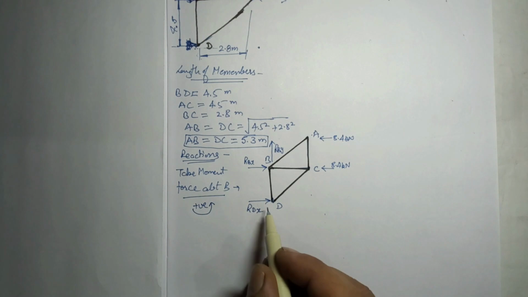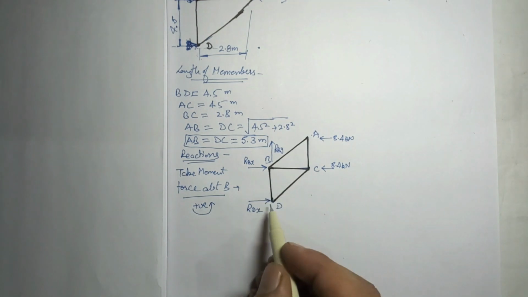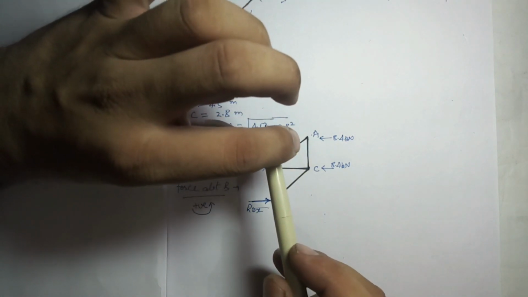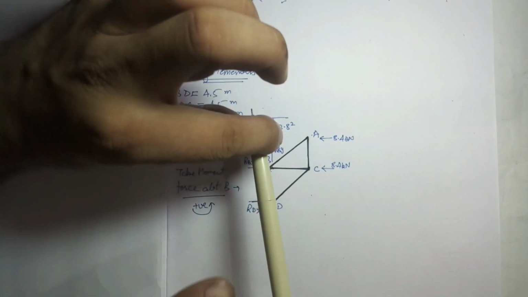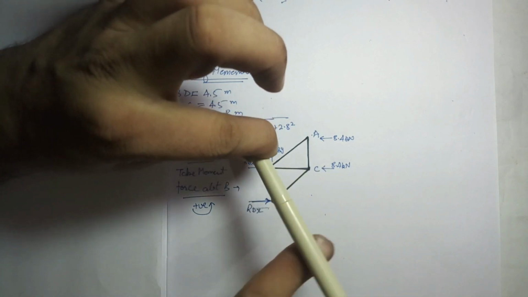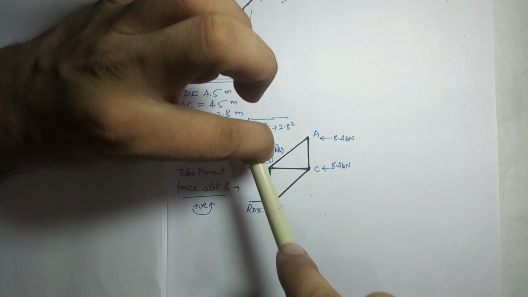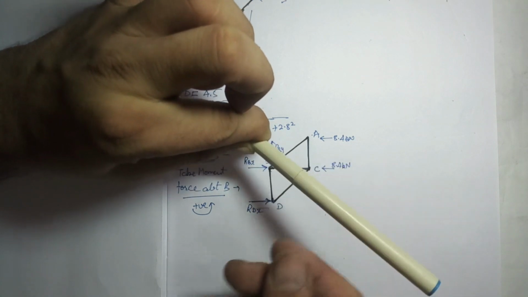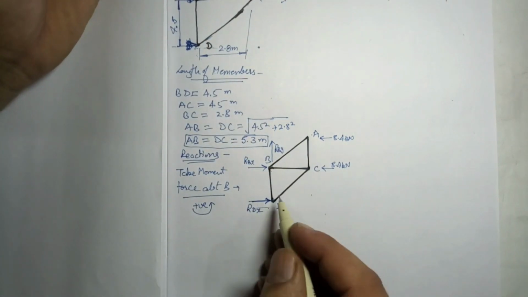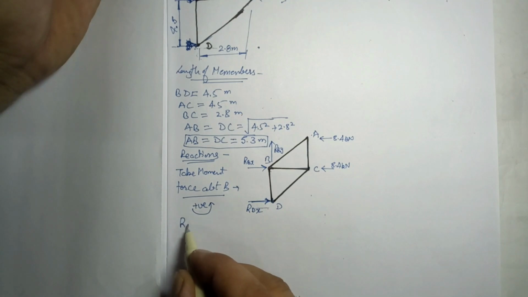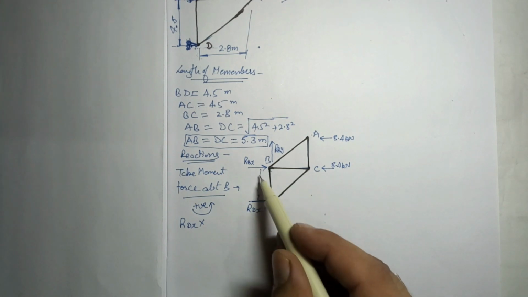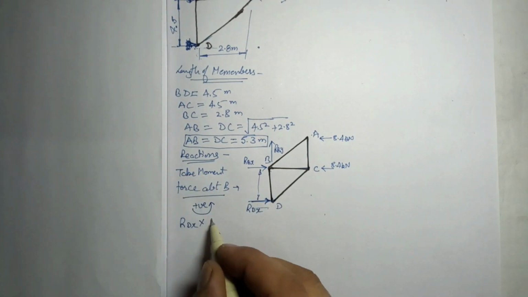Now what will be the equation? You can see here about point B. What is the force? This force RDX, and it is going anti-clockwise. When you are confused in this, just try to think this is the B point, fixed point B. Now this is the applied force, so this force is trying to rotate the object like this. Just try to attach this point with a string to the applied force and it is going anti-clockwise. So when you rotate it will go anti-clockwise, so this will produce anti-clockwise, meaning positive. So RDX positive into perpendicular distance from B to this, that is given 4.5.